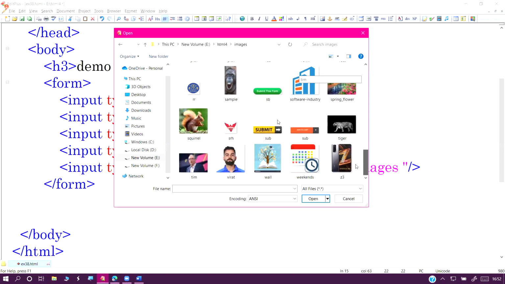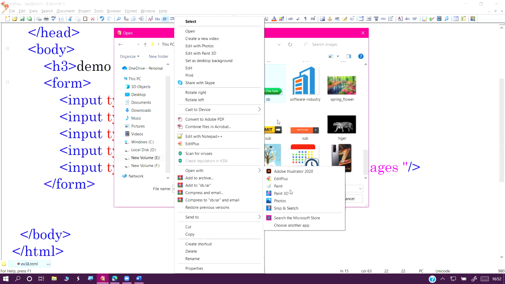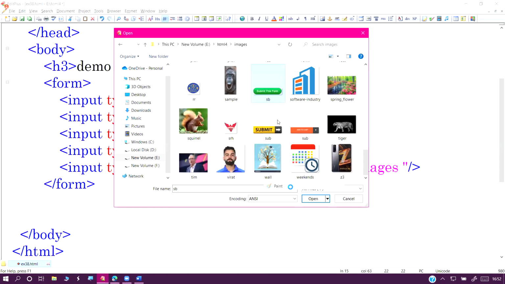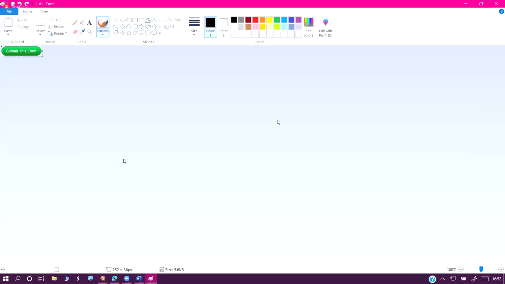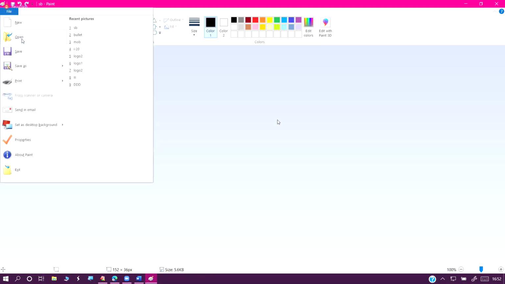Yes, we have some submit buttons. See this one. Submit this form, submit, add to cart. These are the variety of images designed exactly like buttons. So this is one button. Submit this form. Heading is submit this form. Second one,